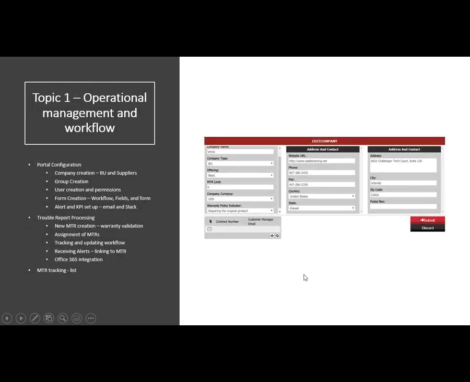The first part that we're going to get into will be the operational management and workflow, and we're going to treat that in another chapter and get started with the actual demo of the system. We will begin that